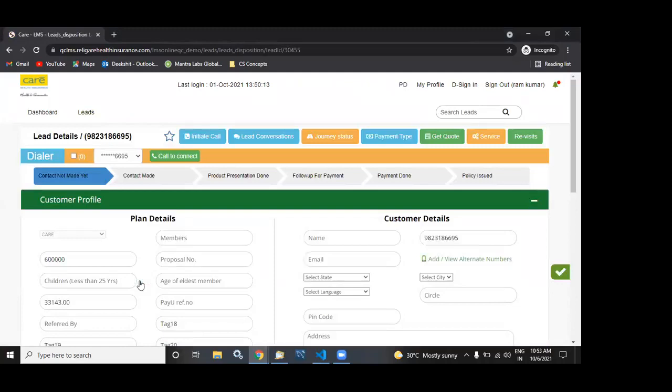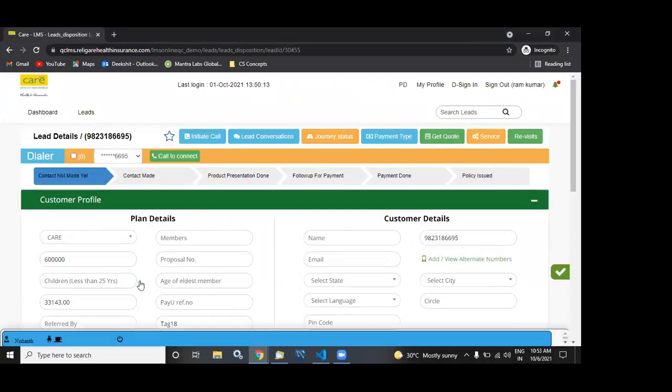So in the last demo, we had discussed the normal page disposition, but today we will discuss how it will be done using the dialer. As a normal caller, we have to do the dialer setup in the dialer configuration in the setup, which we have shown in the previous user module section. Once the dialer setup is done, the user will get a click to connect button in the disposition page. On click of that,